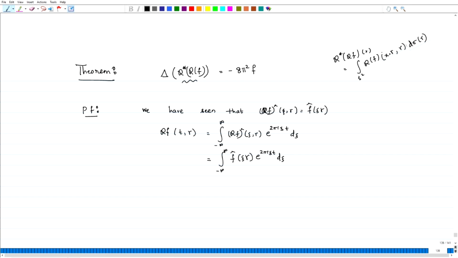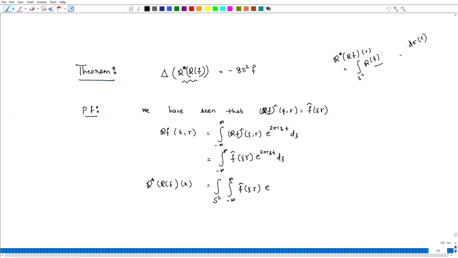Therefore, R star of Rf, the Radon transform, at the point x, is going to be the integral over S^2 of Rf(t, gamma), which is the integral from minus infinity to infinity of f hat of xi gamma e to